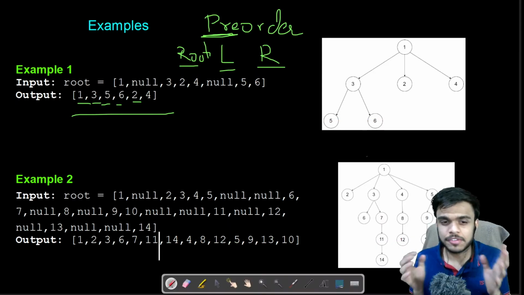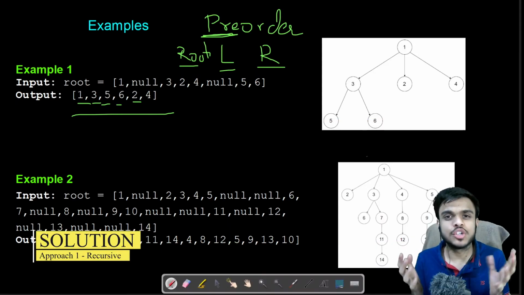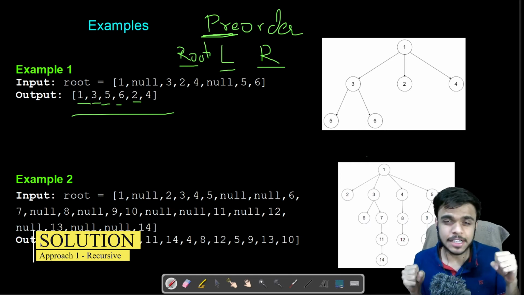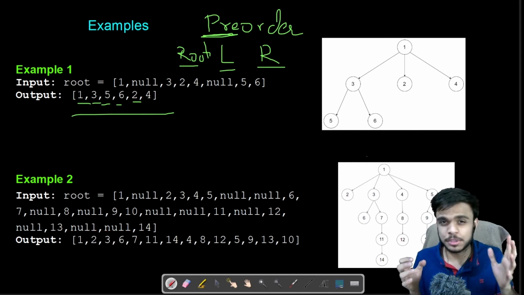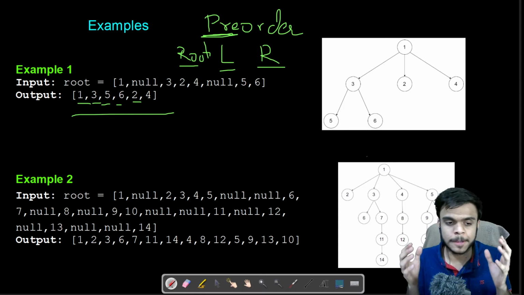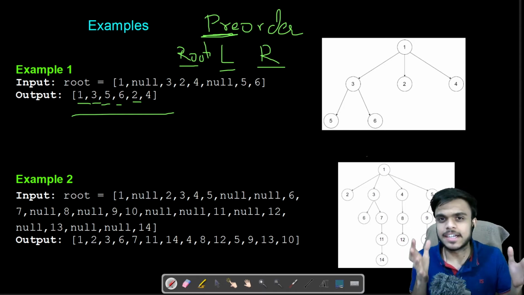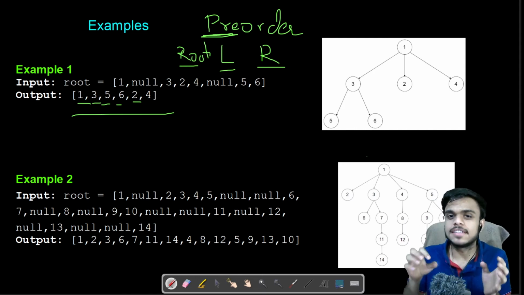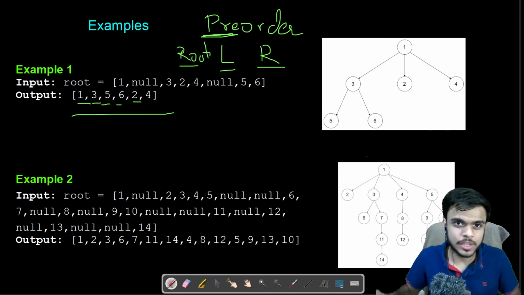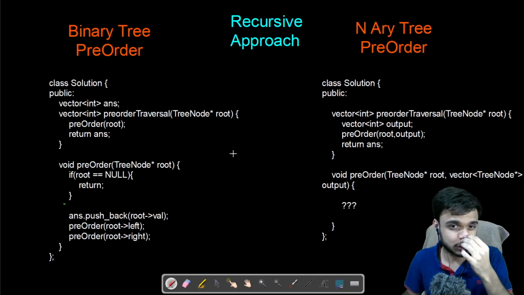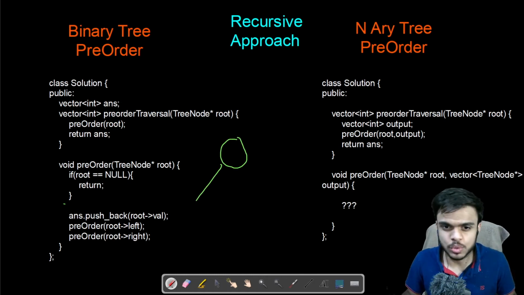Okay, so now that we have understood all the things, let us try to approach the solution of the problem. We will try to link the things that we already know. I'm assuming that you already know how the pre-order traversal of a binary tree works. We'll take that into consideration and apply it to our n-array tree. Now let us look at what exactly the pre-order traversal of a binary tree is. I'm hoping that you know already.